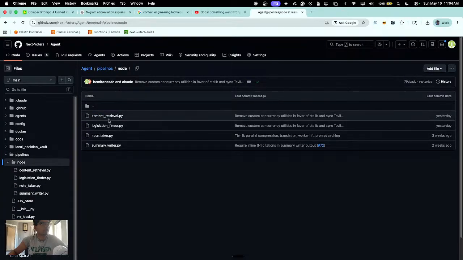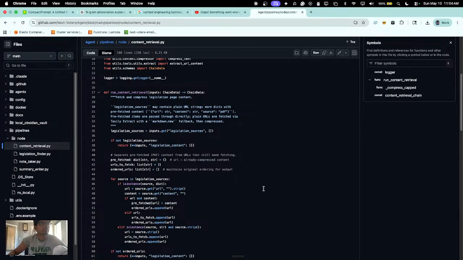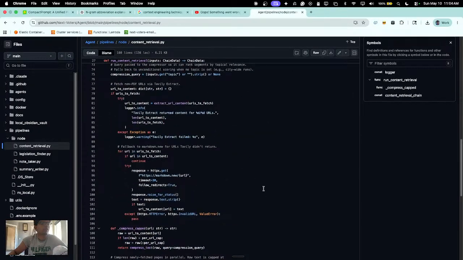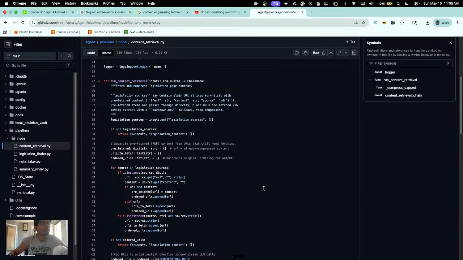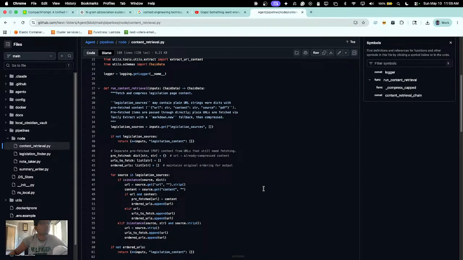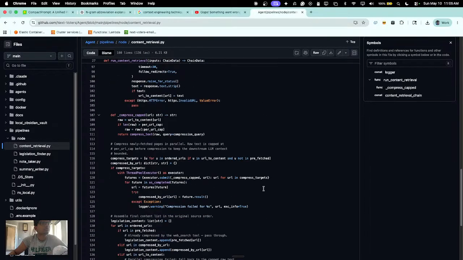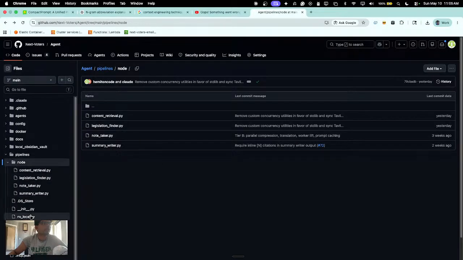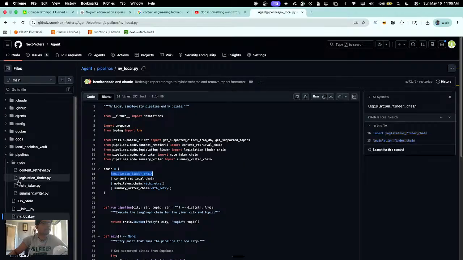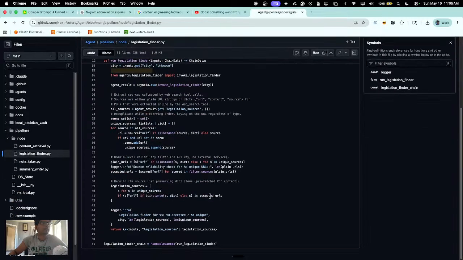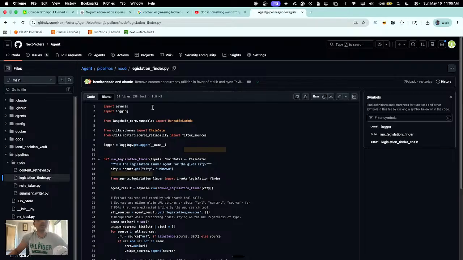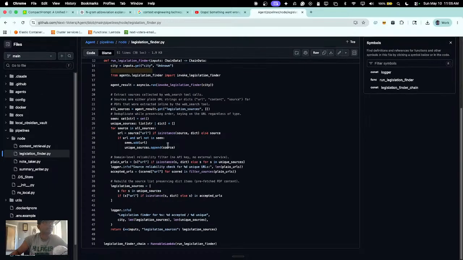which has these nodes, what we're going to do is this will first get the content retrieval right from the... Oh wait, never mind. So in the NV local, yeah. So we're first gonna find the legislation, right? And you do that through the legislation finder. I'm gonna change this name to run discovery agents, or run researcher agents,